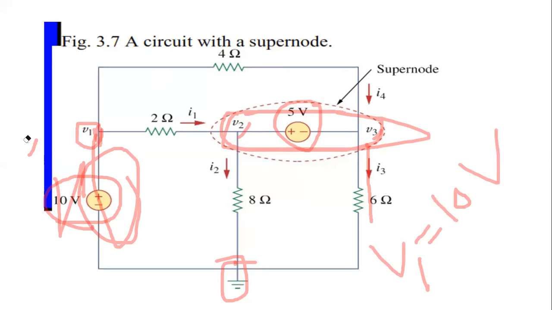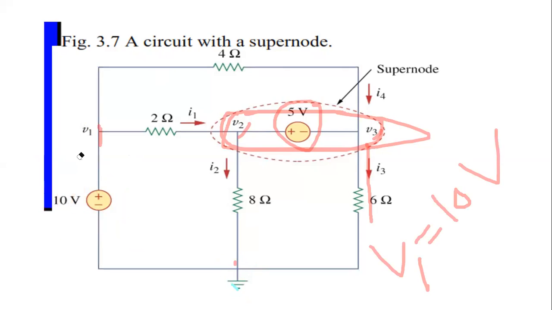In this case, if the voltage source is connected between the non-reference node V1 and the reference ground, then you will directly take the voltage V1 as 10 volt, nothing else to do. If it is plus here, then plus 10 volt. Agar minus ऊपर होता तो minus 10 volt. That's it. If it is minus plus, then it will be minus 10 volt. So according to the sign, I can take V1 as plus 10 volt or minus 10 volt.